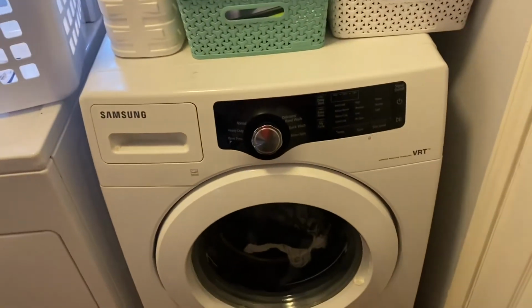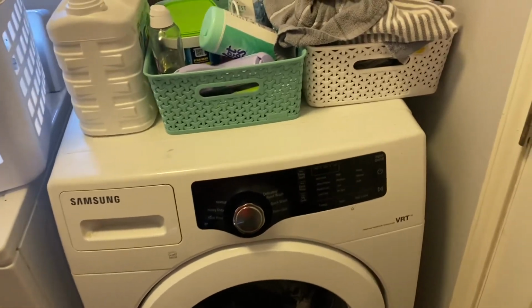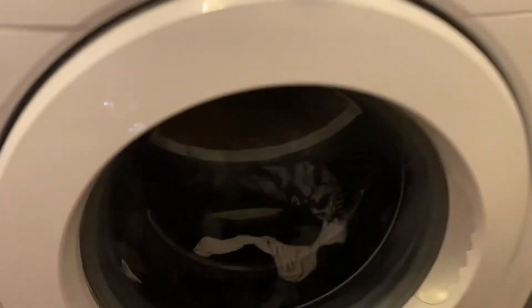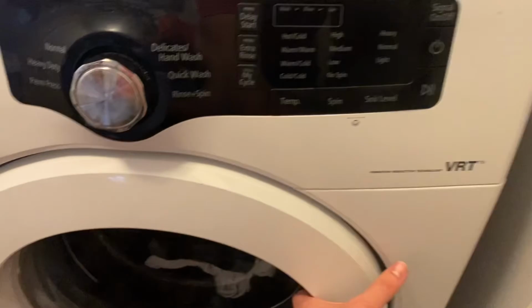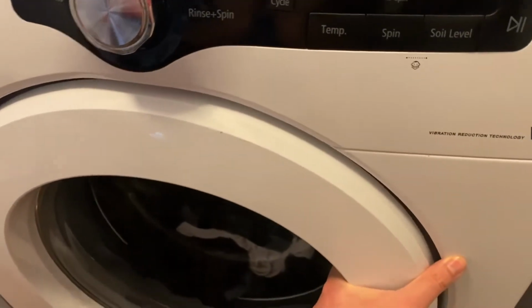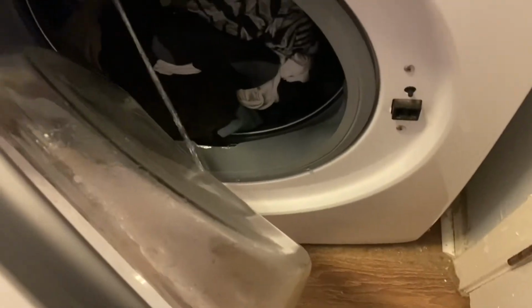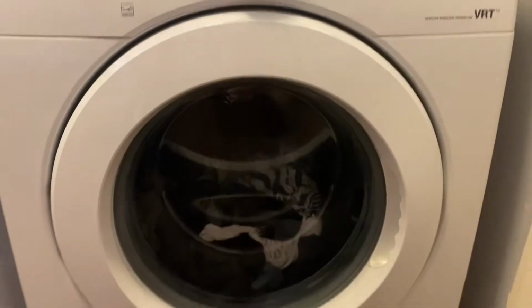Finally, one more way to check and see if you've got a faulty inlet. You can see I just turned off the washer and you can still hear the water running. And just for this video, I'm going to open the door and show you that it'll still be flowing. So it's right there. Yep, and it comes out. And I made a mess, so I'm going to clean that up. But that's ultimately another way to check to see,